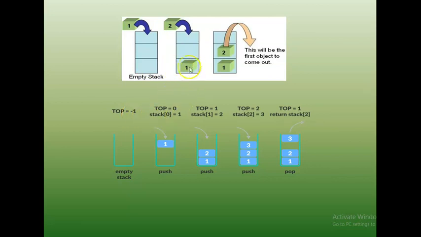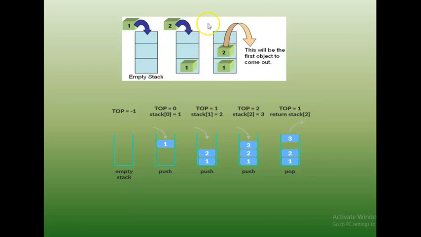So stack of 0 becomes 1. When the index of this structure is 0, we call it stack of 0, provided this structure is termed as stack. You can give any name to it because this is an array. This is an array name. So here in this example, stack is the array name. So stack of 0 is 1 now. Stack of 1 is 2 now. So we have two elements. Stack of 0 is 1. Stack of 1 is 2.